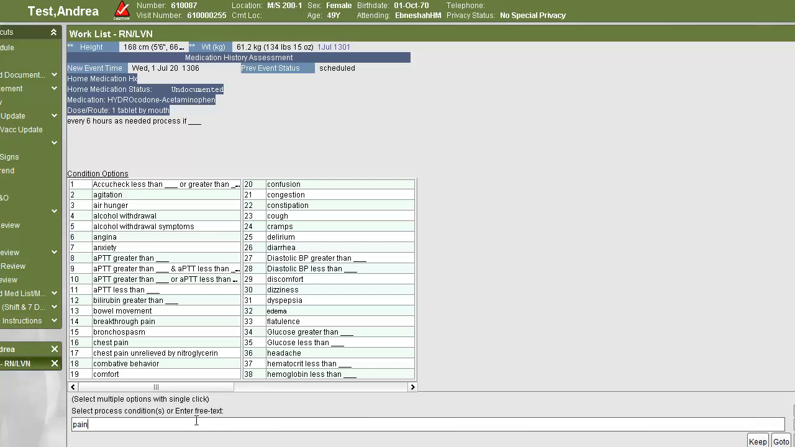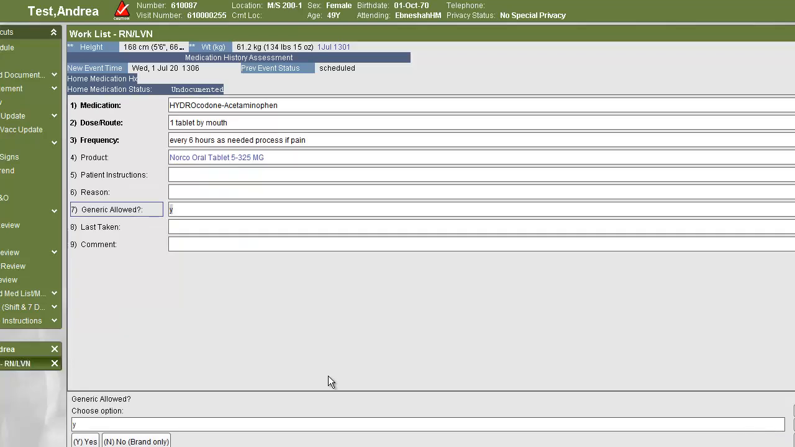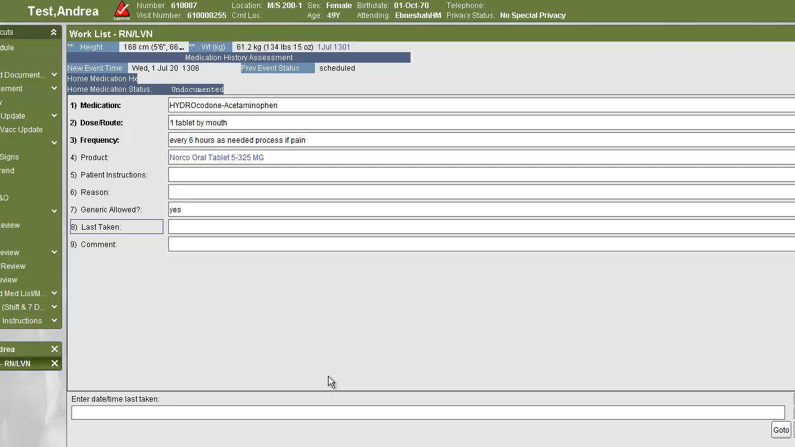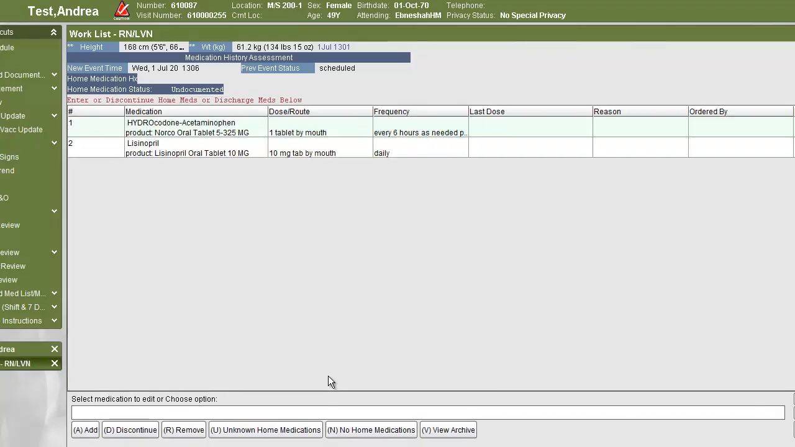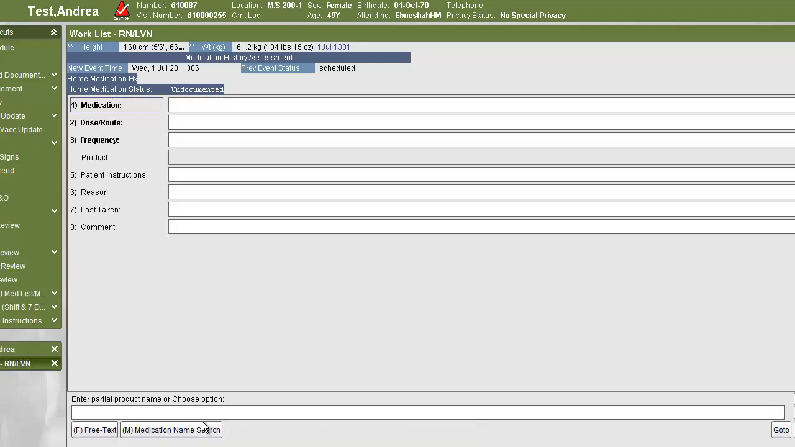Anytime you see the transaction line with the option to enter free text, you can just start typing, and then you can say OK or enter, and it will ask you if generic is allowed. That's fine. When was this last taken? Again, not required. You can hit enter to go past it, and hit enter one more time, and it will bring you back to your main screen. You can now see the two options that we've entered, and I'm going to add a third medication,